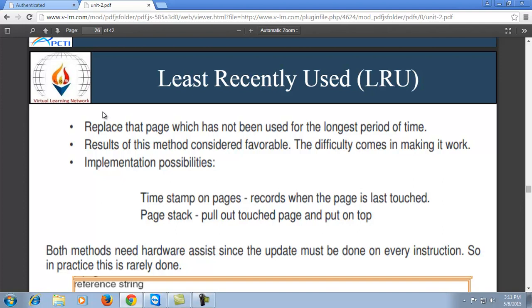The difficulty comes in making it work. Implementation possibilities: we have to keep those values which are required in the future and should not be replaced inside the memory. Both methods need hardware assist since the update must be done on every instruction. So in practice this is rarely done.